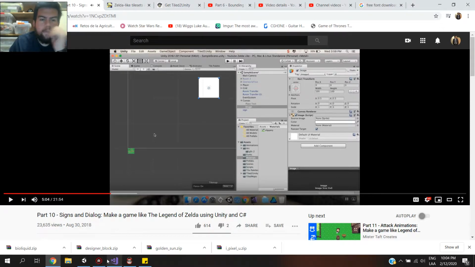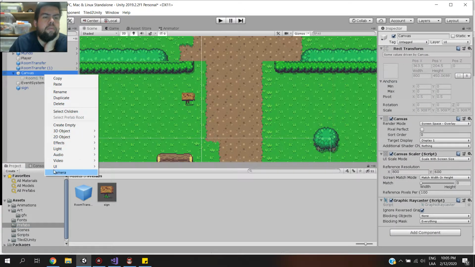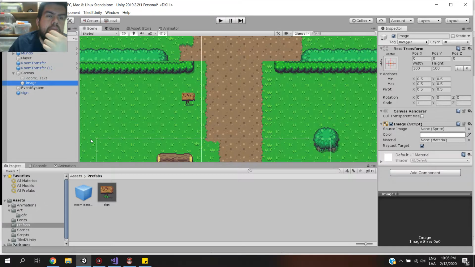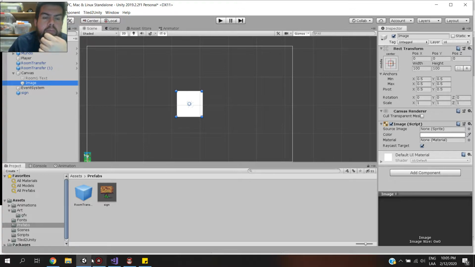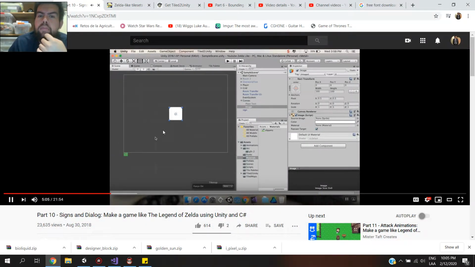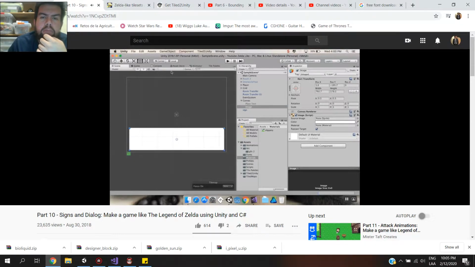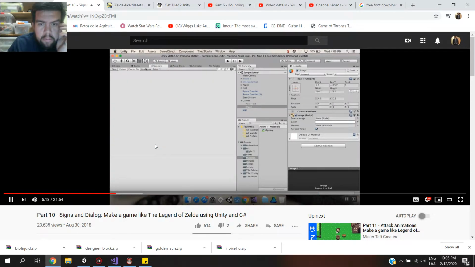And manipulate it. All right, cool. So there's my UI image here. I'm going to move it down towards the corners of the screen, say about like that. If I flip over to the game view, I can use that to kind of let me know